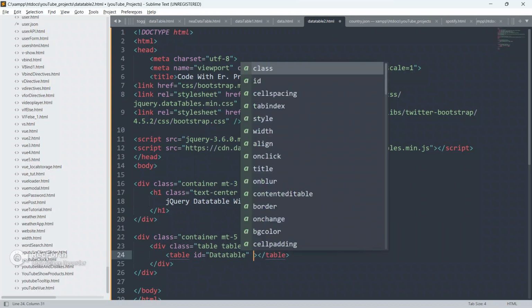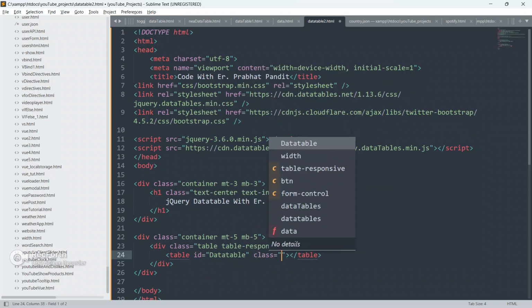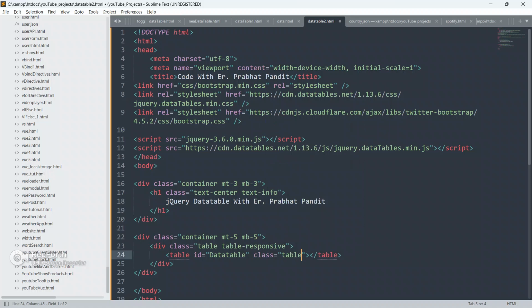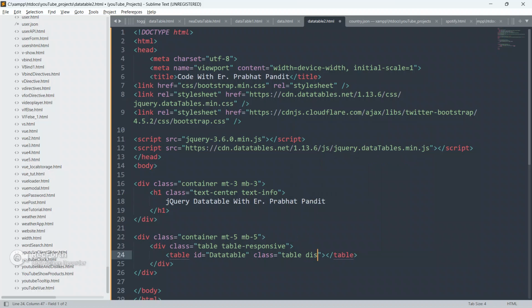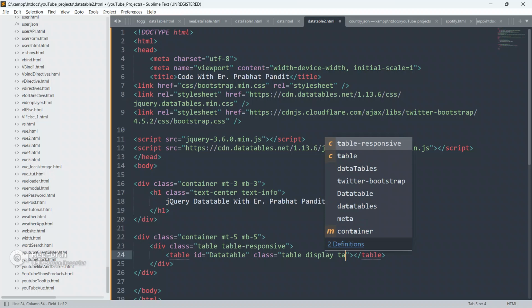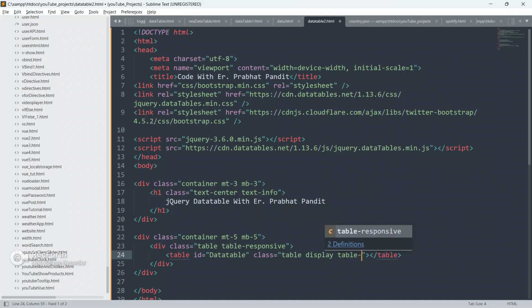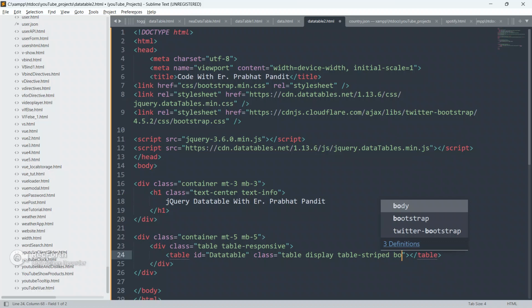And go here and give id first as datatable, and give class as table, and give display also, class display, and give table-striped, okay, and give table-bordered also.